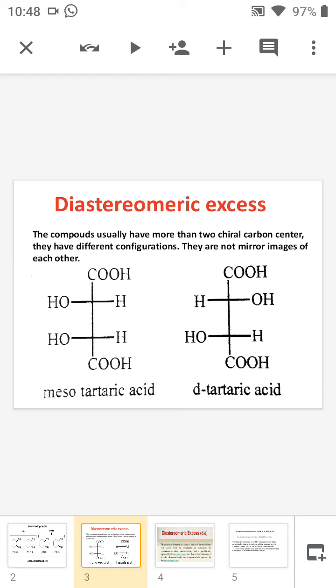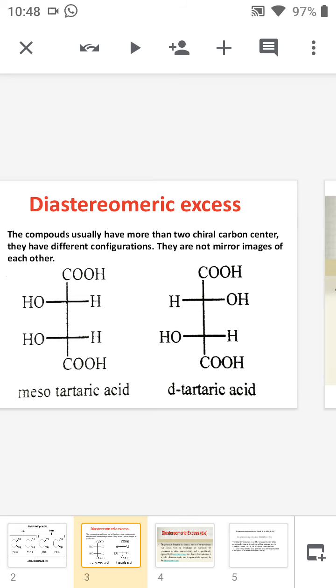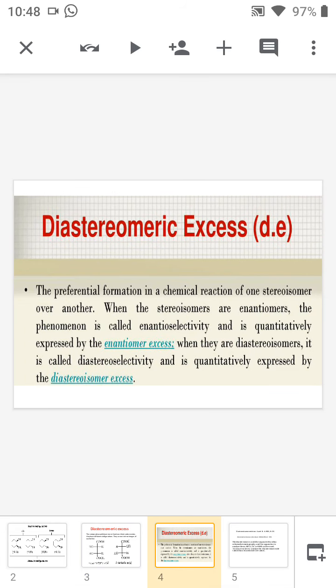So our topic is diastereomeric excess. As we discussed in the last class, enantiomeric excess means one of the enantiomers is in excess compared to the other. So here, if it is a diastereomer, then we call it diastereomeric excess. If the mixture contains two diastereomers, and any one of the diastereomers is in excess, then we call it diastereomeric excess. So the definition is that diastereomeric excess is the preferential formation in a chemical reaction of one